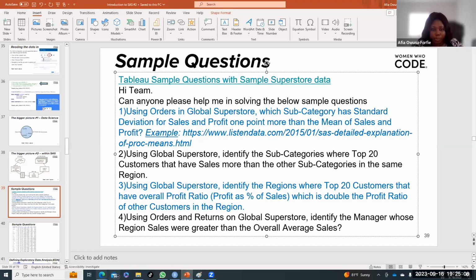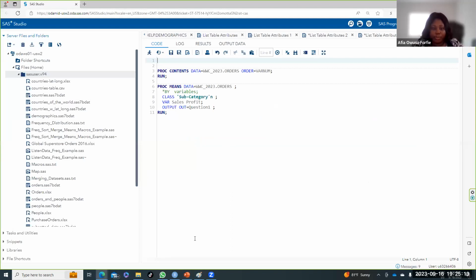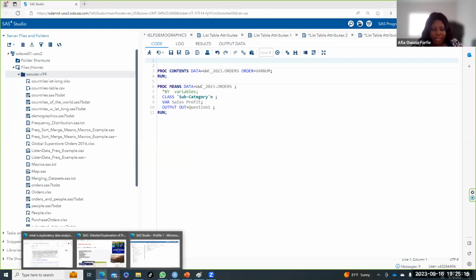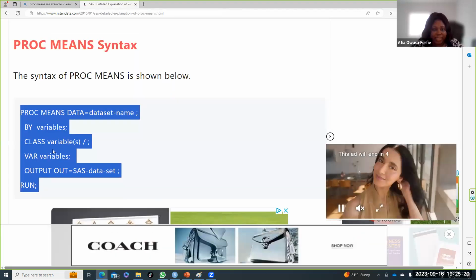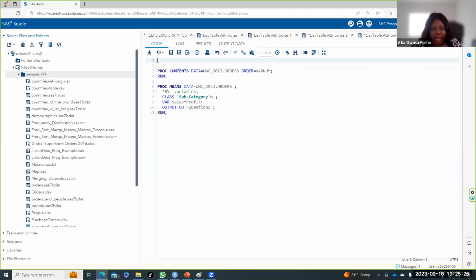And so you come here, you've already Googled and you went to lesson data. You've copied this syntax because lesson data has told you that's the syntax. You come here and it's time to modify. So you go to WWC_2023.orders. As I said last week, that means I'm placing the orders data set inside the